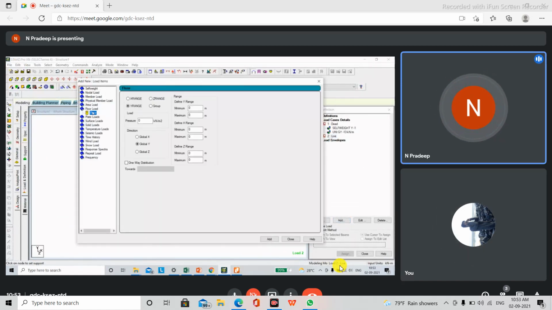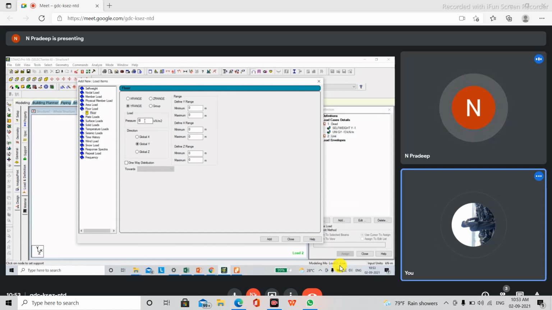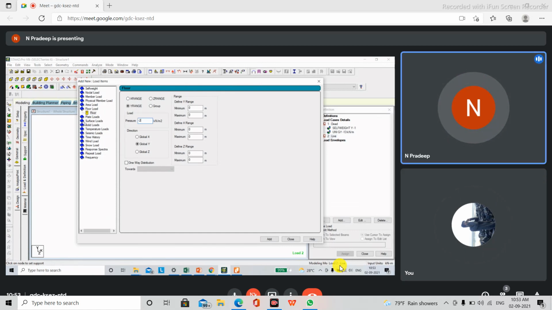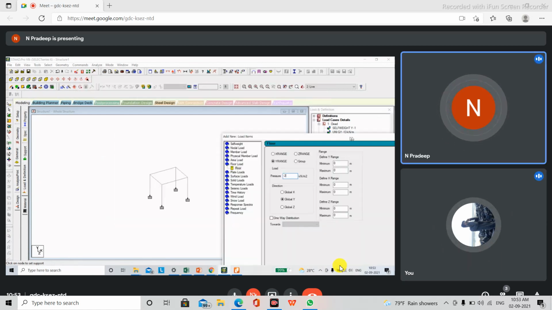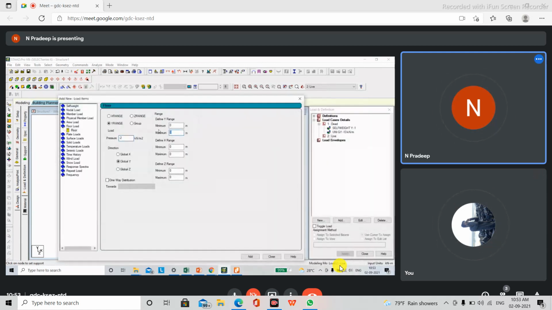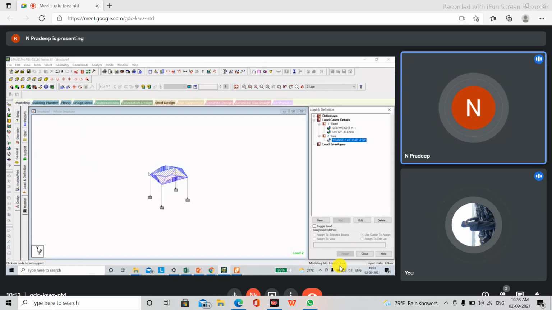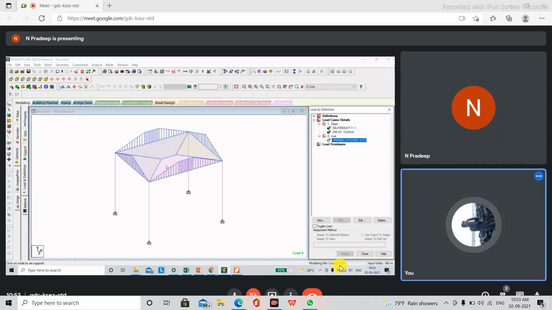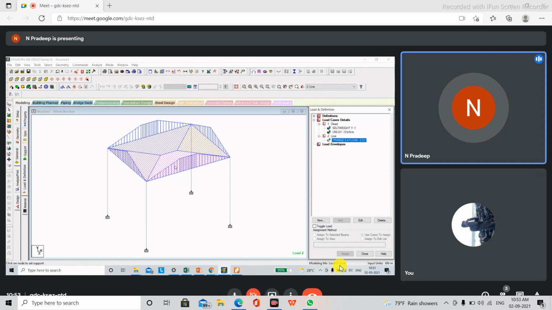Then you have something called floor load here. You give that value as a pressure value only, so I'll give the value as -2, like the way we saw. And we know the height of the floor along the Y range, so I'll give it as 4 meter, and then click on add. You needn't assign this; it will automatically get assigned like this. It will be distributed in the two-way direction.